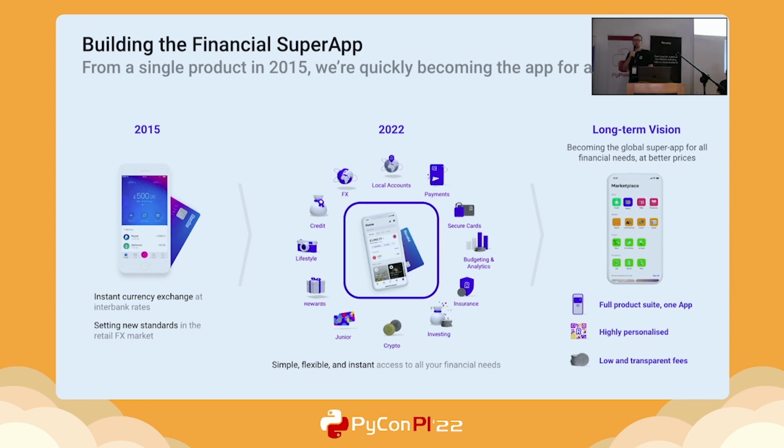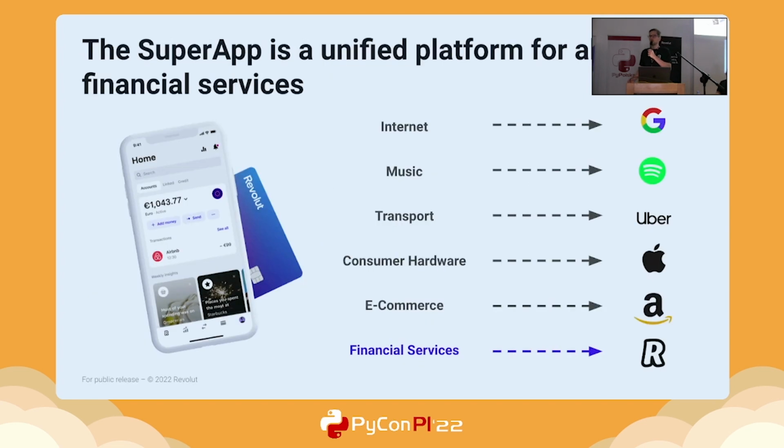Currently, in 2022, we have a much more diverse set of both functionalities and technological stack. So Java is still there, but Python also plays a very important role. Currently, there are not only currency exchanges and transfers, but we have lots of features that simply allow you to manage your finances entirely, I would say. This is called a super app concept, so essentially everything about your finance.